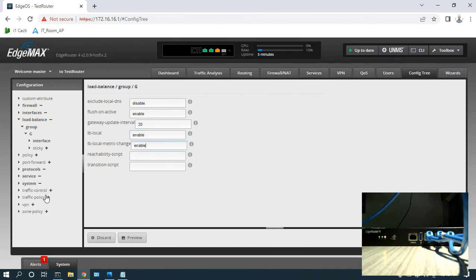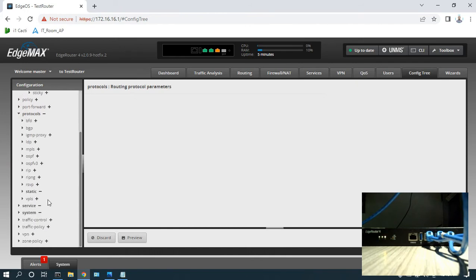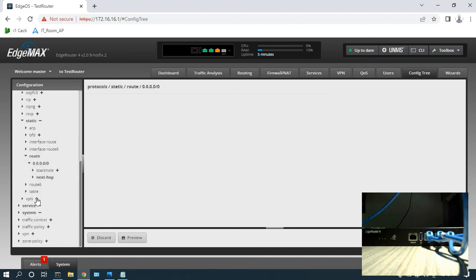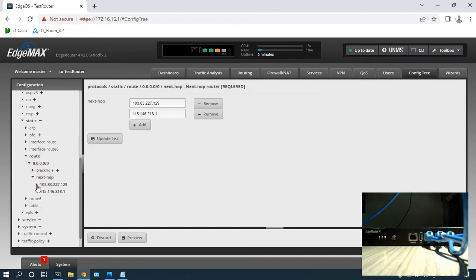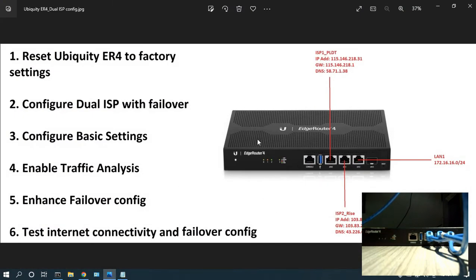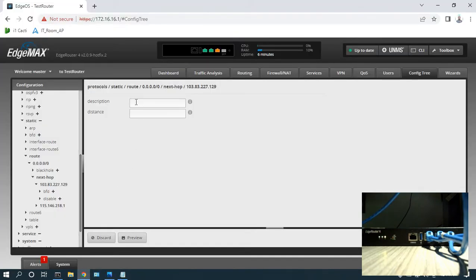and then let's go to protocols, static, and then route, and then expand the 0.0.0.0 route. Next hop 103 is our secondary ISP. This is a gateway of secondary ISP. Gateway is 103.127.129. So let's put this one ISP2 description, and then let's have this one a higher administrative distance value of 10,